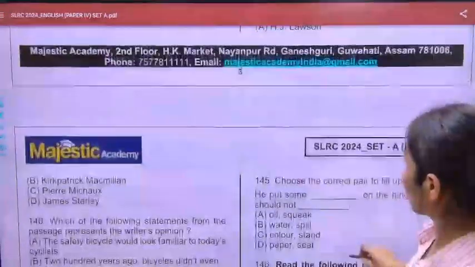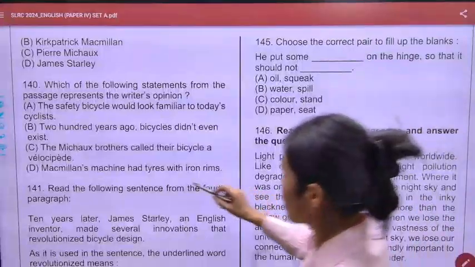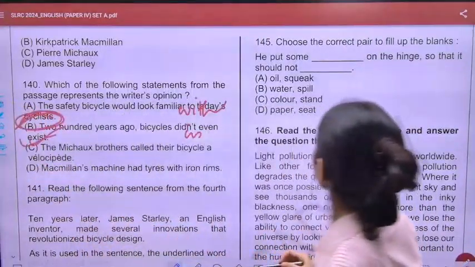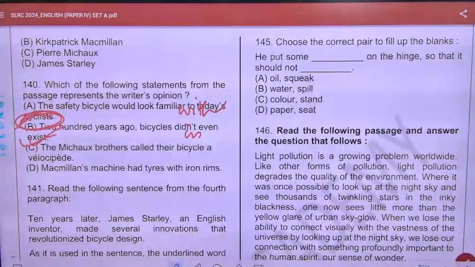Okay, let's move to the next question, and next question says, choose the correct pair to fill up the blanks. He put some dash on the hinge so that it should not dash. Okay, dash on the hinge matlab